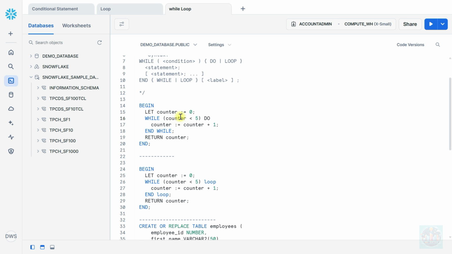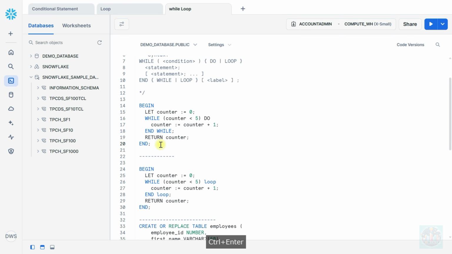Because counter contains 2, it is true again and the body executes again. It goes up to 5 times, because 4 is less than 5, then counter goes to 5. If counter is 5, then 5 is not less than 5, so the condition is false and it exits the while loop body